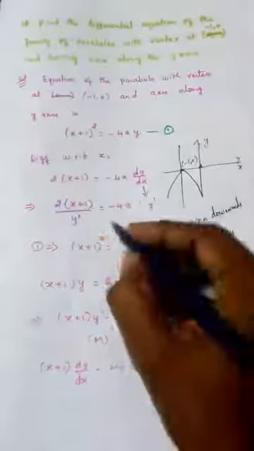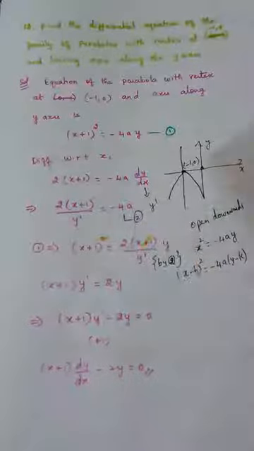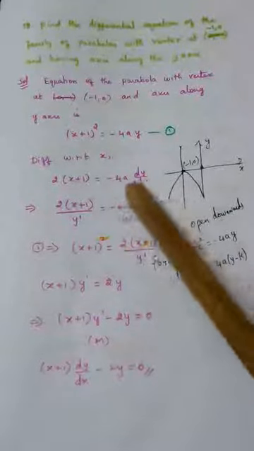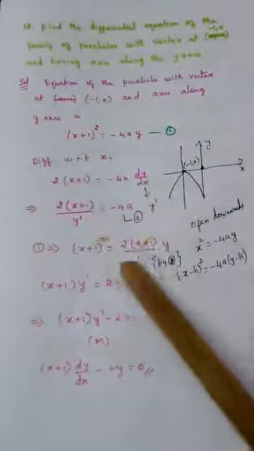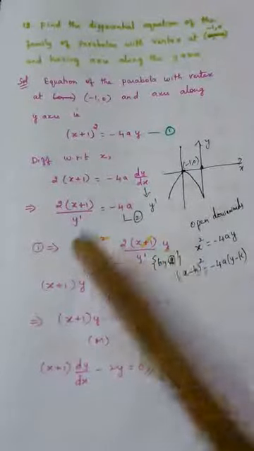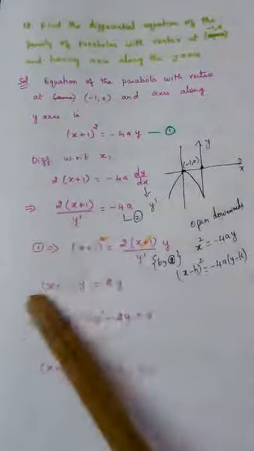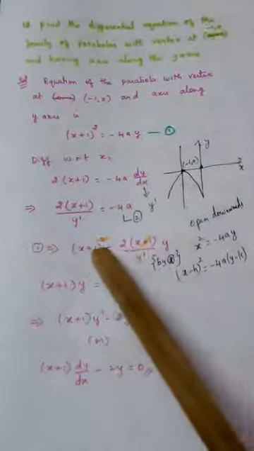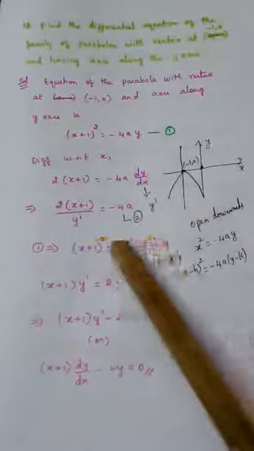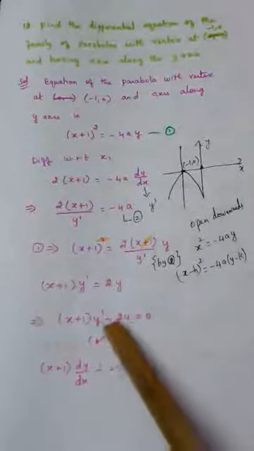See, if I take this as the second equation, this is divided by 2. The first equation gives this. I'm using the second equation here, that is 2 into (x plus 1) y dash, substituted here. Then 1 of x plus 1 gets cancelled, so only x plus 1 remains here. Cross multiplying, this y dash will go and combine with x plus 1 equal to 2y. Just rearranging this, plus 2y is taken to the other side, minus 2y equal to 0.